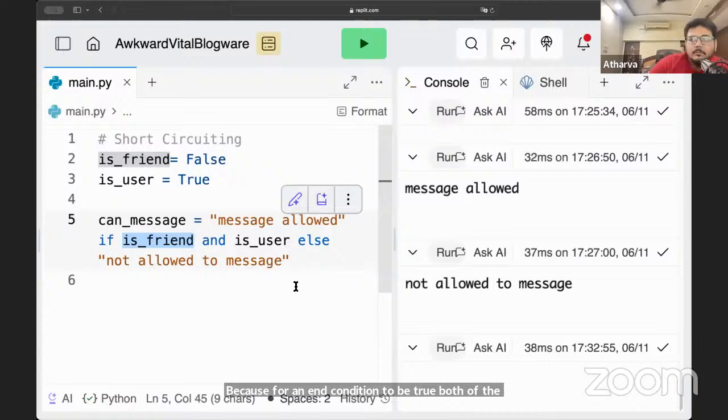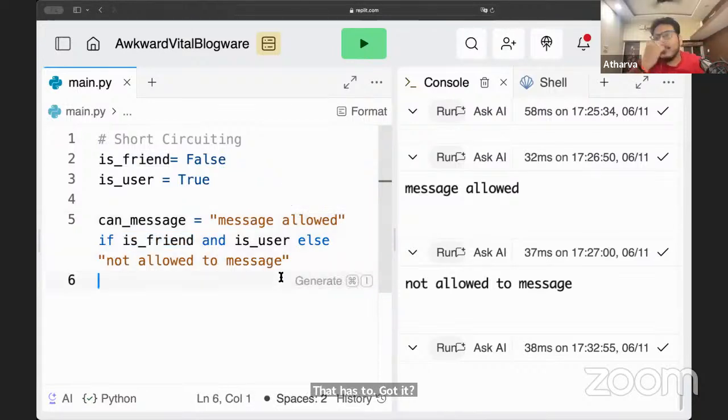The topic today, the broad topic, is core Python. We have moved off data structures and we have started with conditionals right now. I explained truthy, falsy, and right now I just explained the ternary operator. For now, I'm explaining the concept of short circuiting. Got it? I think I already explained short circuiting, so we can move forward.